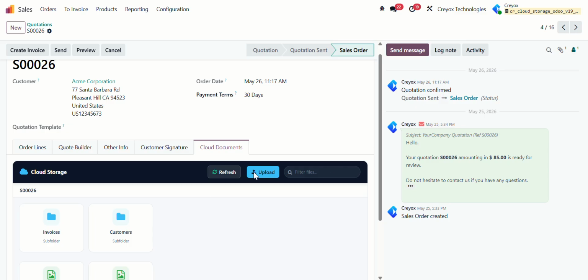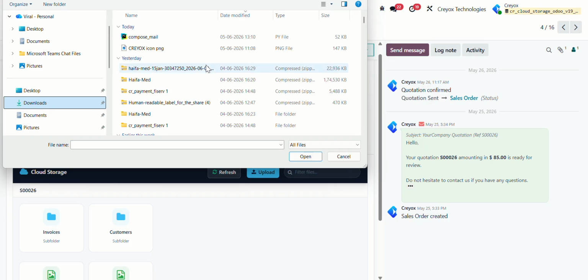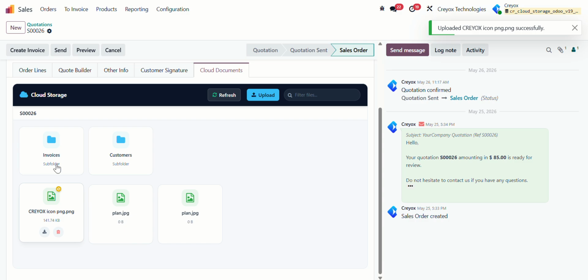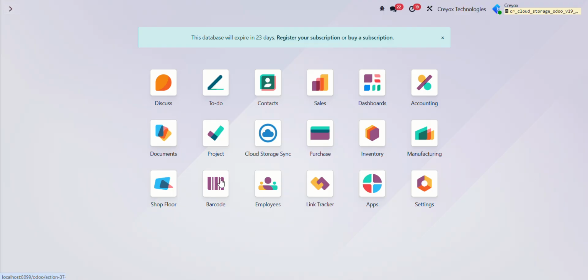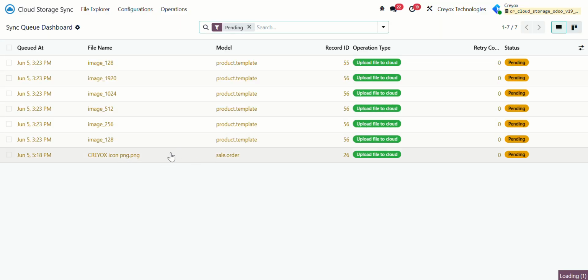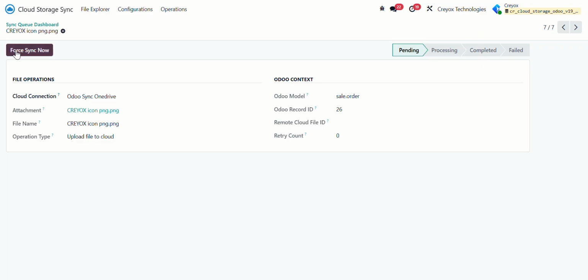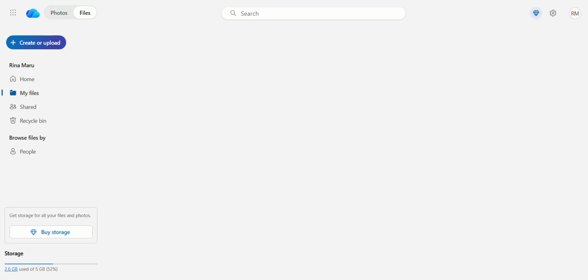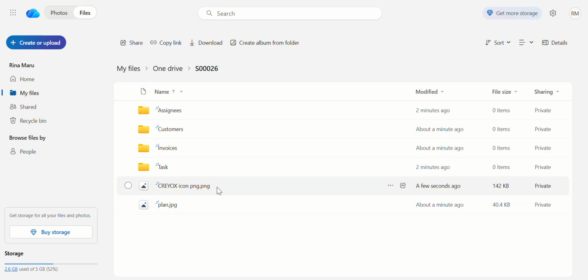Now I will upload one file from here. Once the file is uploaded, the process is under pending status. So I will go to cloud storage and operation and queue monitor. I will be able to see that this is in pending state. So I will open it and click on force sync now, that is I will run the scheduled action manually so that I will be able to see the same in my OneDrive. If I refresh it, the same file has been uploaded over here in the OneDrive